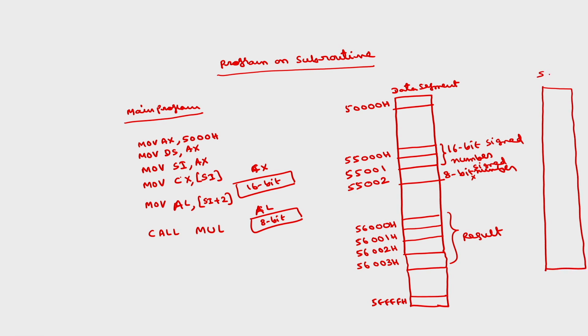This is stack segment. So whenever you want to use these subroutines, we have to define the stack segment also. Let the starting address of stack segment be, say, F0000H. So the ending address will be 64 kilobytes, all Fs. This is in fact the last 64 kilobytes of the entire 1 megabyte of the memory.